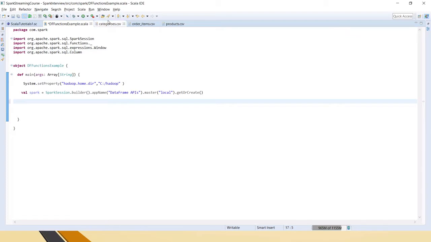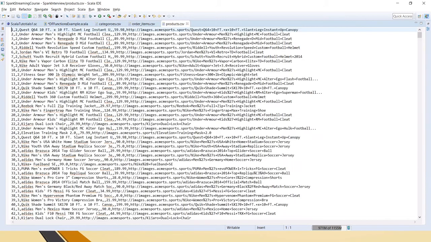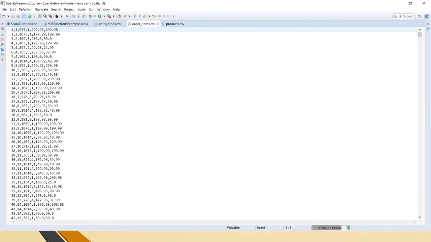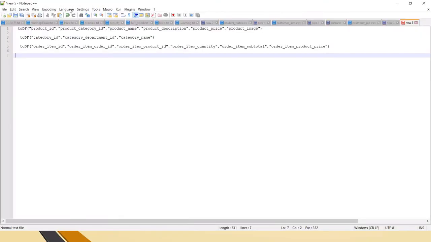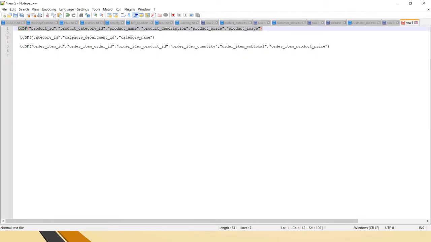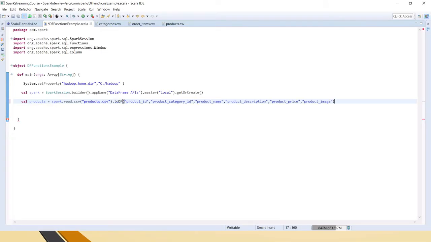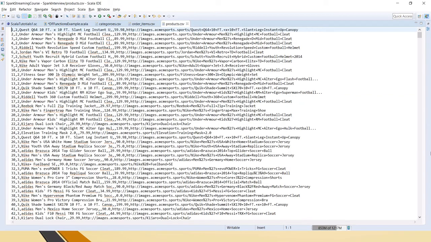So now let's start, and these three are the CSV files that we are going to deal with: the products.csv, and then categories, and then the order items. Okay, so now let's first create the data frames. products.csv, and actually we have to use toDF, because if you notice, it doesn't have a header.